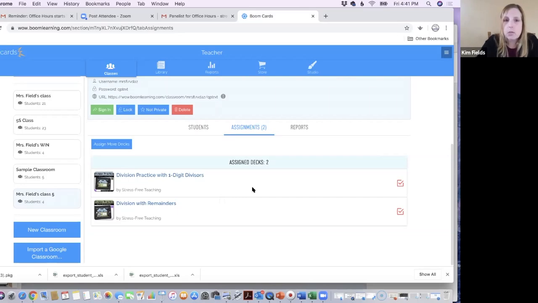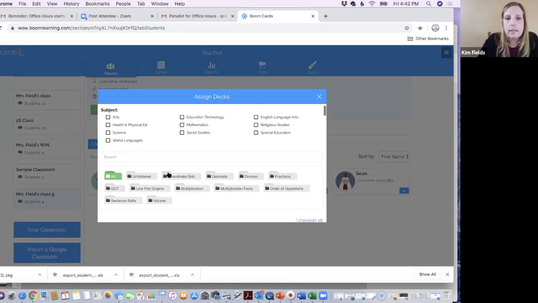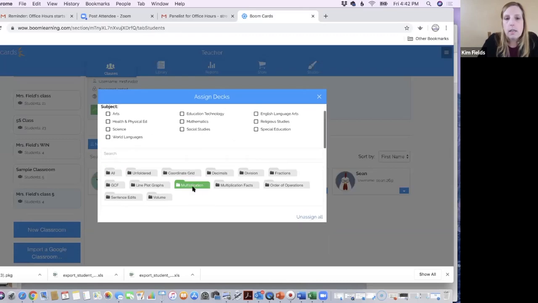I don't know how many of you do a workshop model in your classroom, but I pre-test my students, and then they are grouped based on where they need to work and what skills they need help with. So you are also able to assign decks to just certain students. And you can do that within your student tab just by clicking on this drop down arrow, and then you can say assign. So if Barbara is a student in my class and she's struggling on multiplication, I can go,